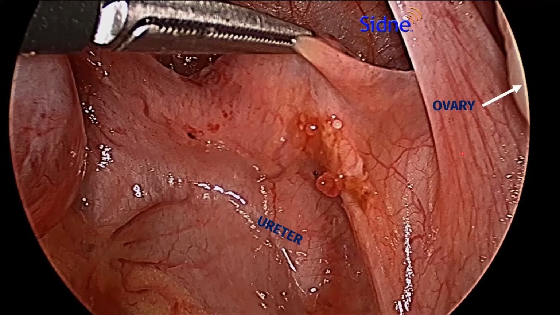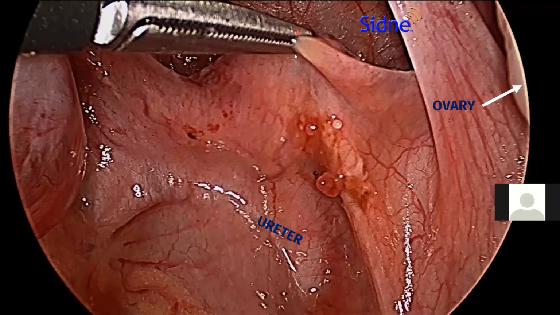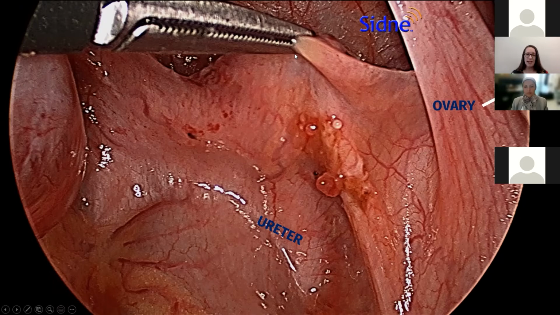Now, this is on the right side of a patient, underneath a patient's right ovary. You can see that demarcated on the right-hand side of the screen. Again, that ureter, which is the tube that connects the kidneys with the bladder, we see down there. And this sort of red vesicular-looking lesion that's just above that ureter. So, this is not a typical classic appearance of endometriosis. This is actually more atypical. It is typically a younger endometriosis lesion. And this could be something that may be passed over by somebody who doesn't have experience with knowing what these lesions look like and the variability of them. Next slide, please.